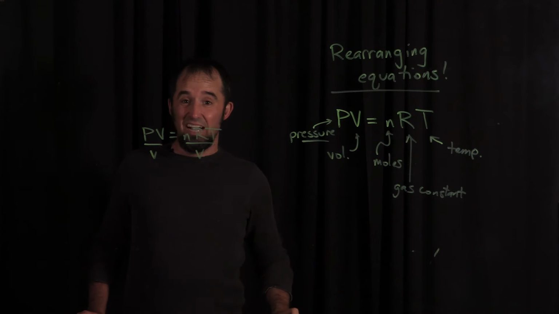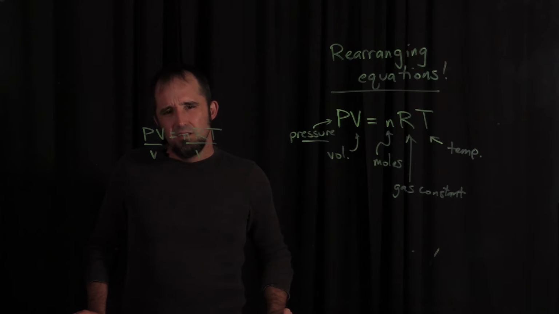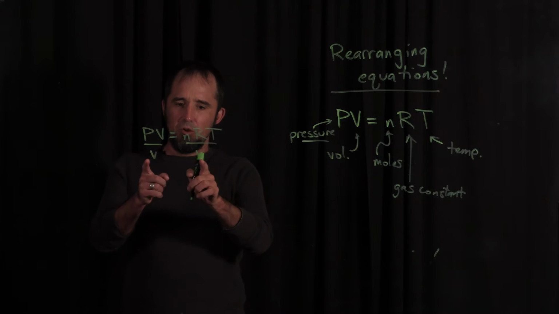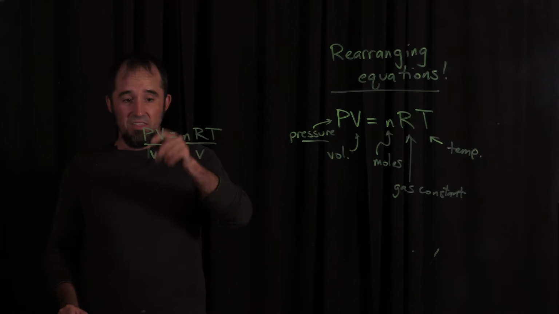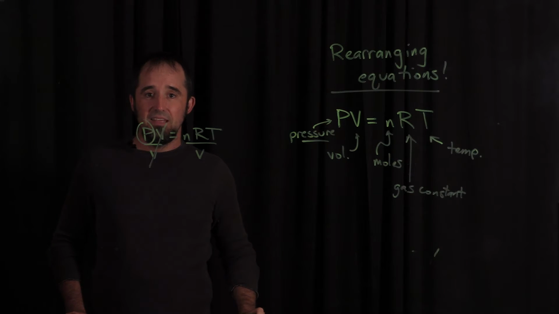I can always divide both sides of an equation by the same thing. It's my right as a human being, as an American. It's just something I can do whenever I want, right? So dividing both sides by the same thing, here these volume terms cancel out,